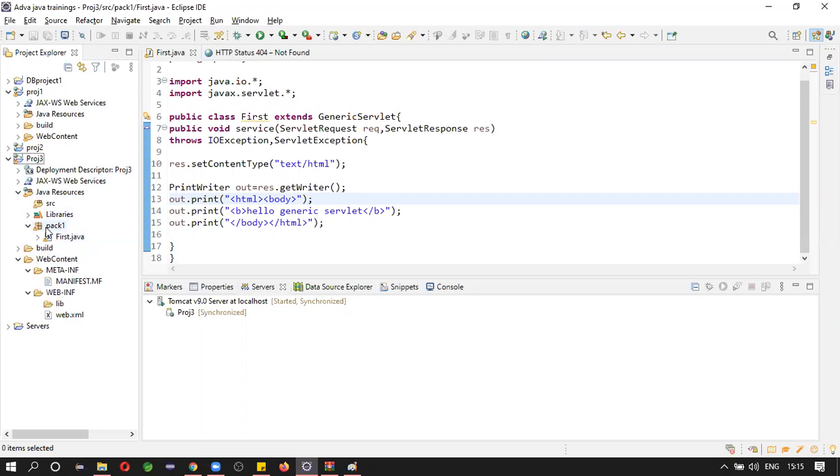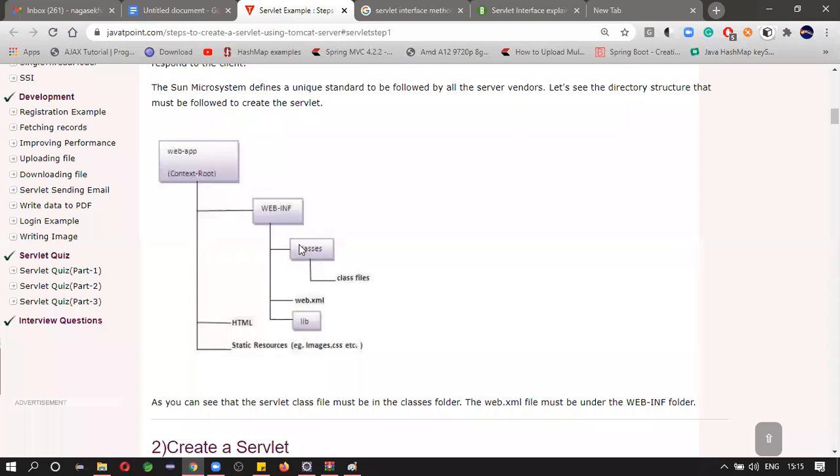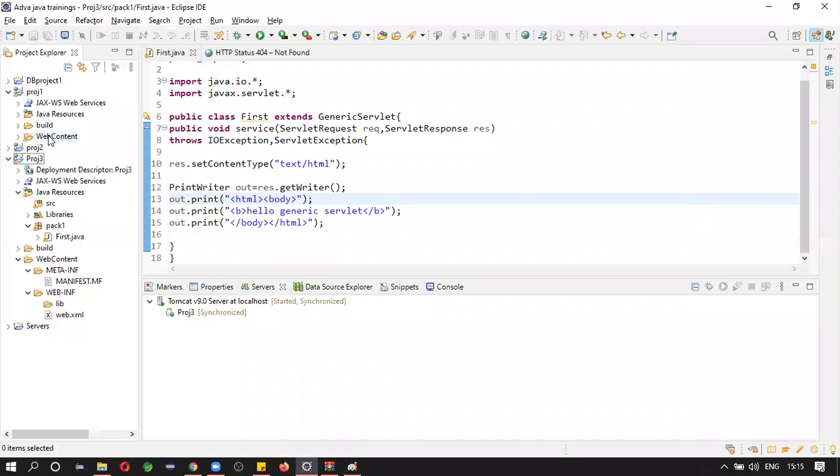At the time of compilation and running, we don't need the Java files. What we need is .class files. Those .class files will be available here. Here, all the class files are available. You don't need to worry about these .java files.